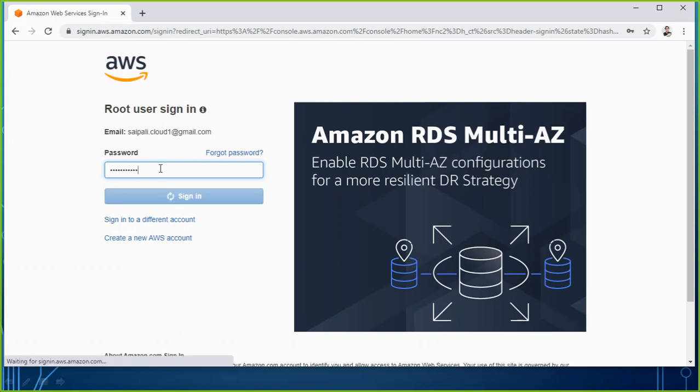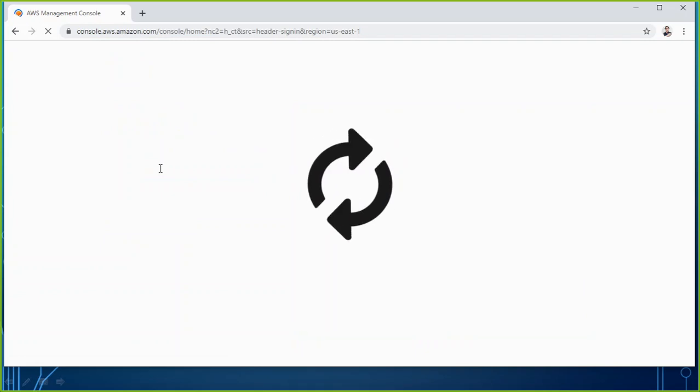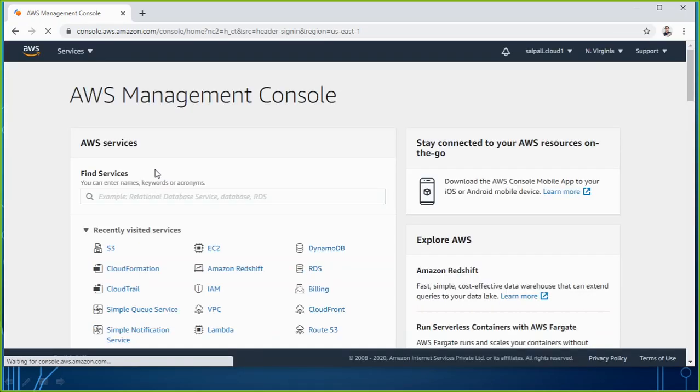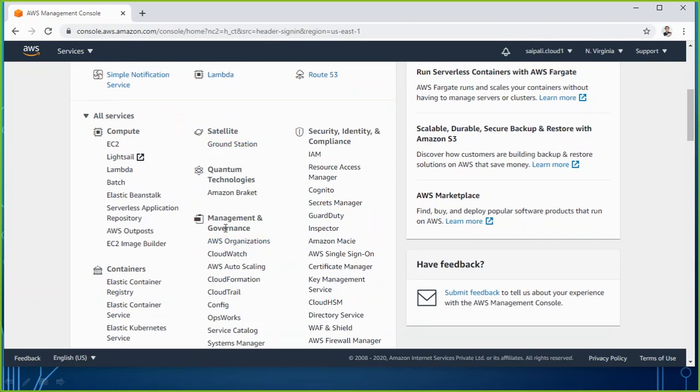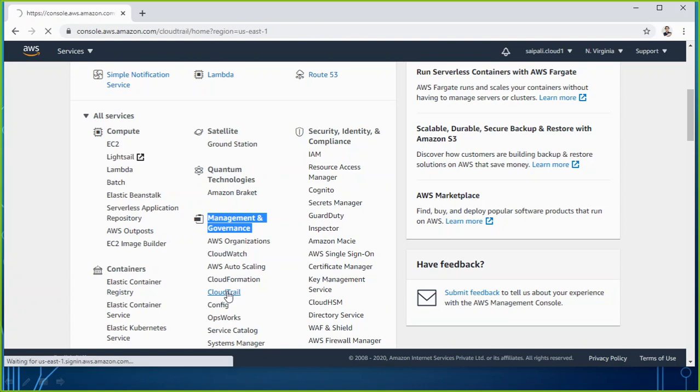So I log in here with my credentials, and we are going to look for the service called CloudTrail. You can go to the service list also and look there. It comes under Management and Governance, because that is what we have learned about this one. Even CloudWatch comes under that list, and CloudTrail comes under the same list. We have understood the difference between CloudWatch and CloudTrail, so let's go to CloudTrail here and see what information it can give us.